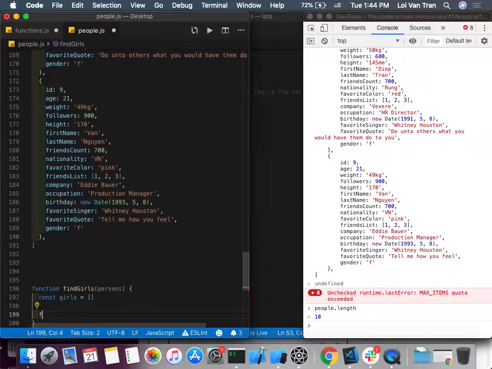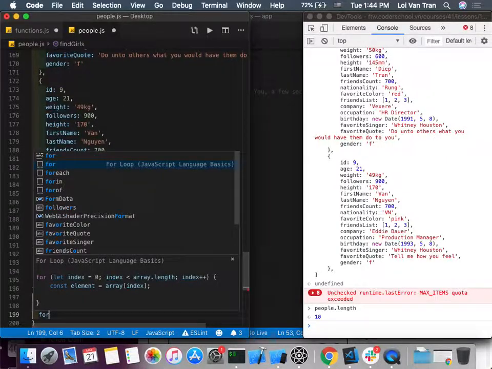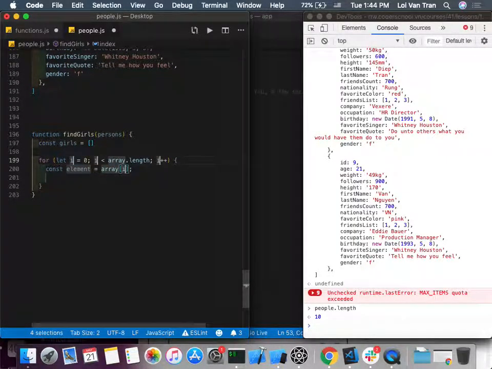And how many times do I want this for loop to run? I want the for loop to run however many times it needs to, depending on how many elements are in the array. So I take persons and I switch it here. So array.length. As long as the number of loops is smaller than the length of the array, I'm going to loop over it. And if the person.gender